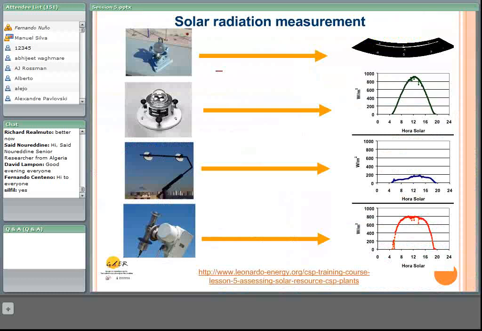This device was designed in the mid 1800s by Campbell, then modified by Stokes, and it's a very simple device that concentrates the solar radiation